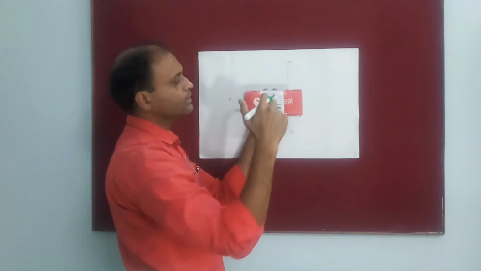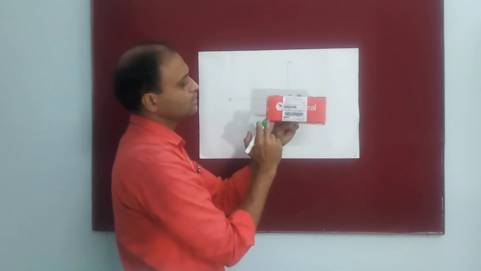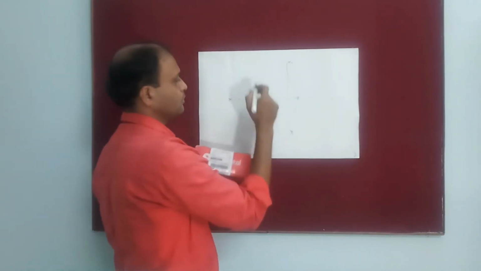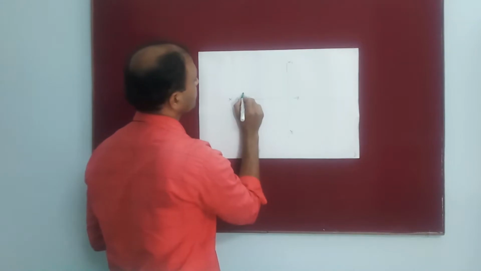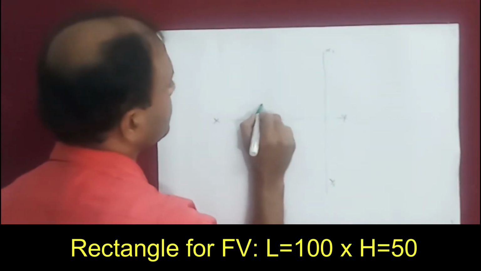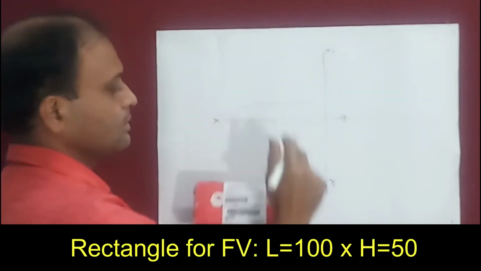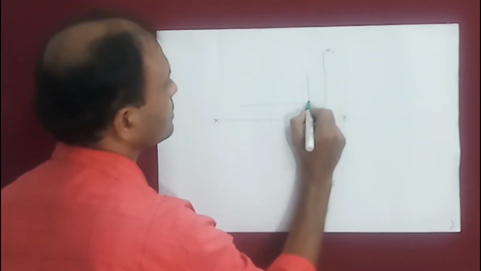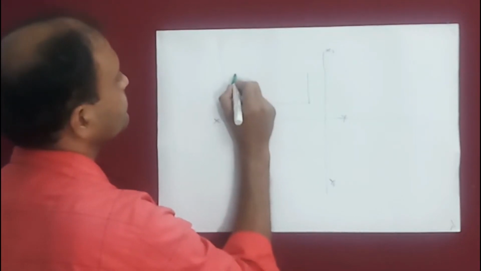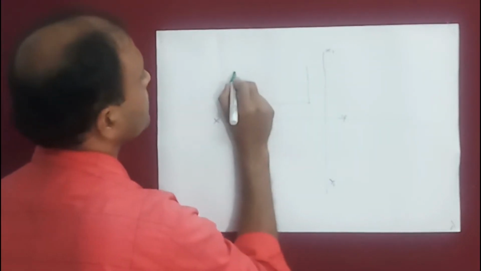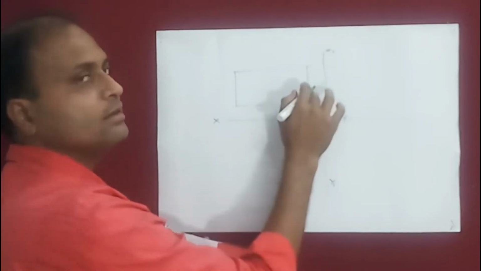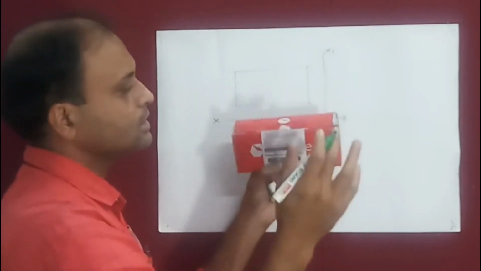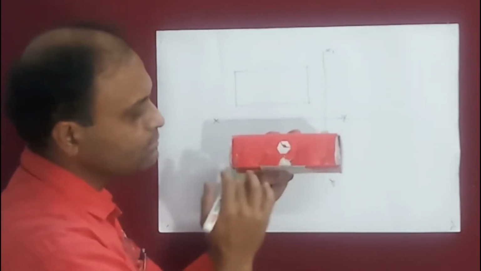You can see when I look at this object in the front direction, you will see this rectangle. Okay, so that rectangle I am drawing now. Just at a distance of 10 mm above XY, I am drawing this rectangle of size 100 by 50, because length is 100 and height is 50. Okay, now to draw the top view of the object, for you as observers I am just making it something like this. So the top view will again be a rectangle.